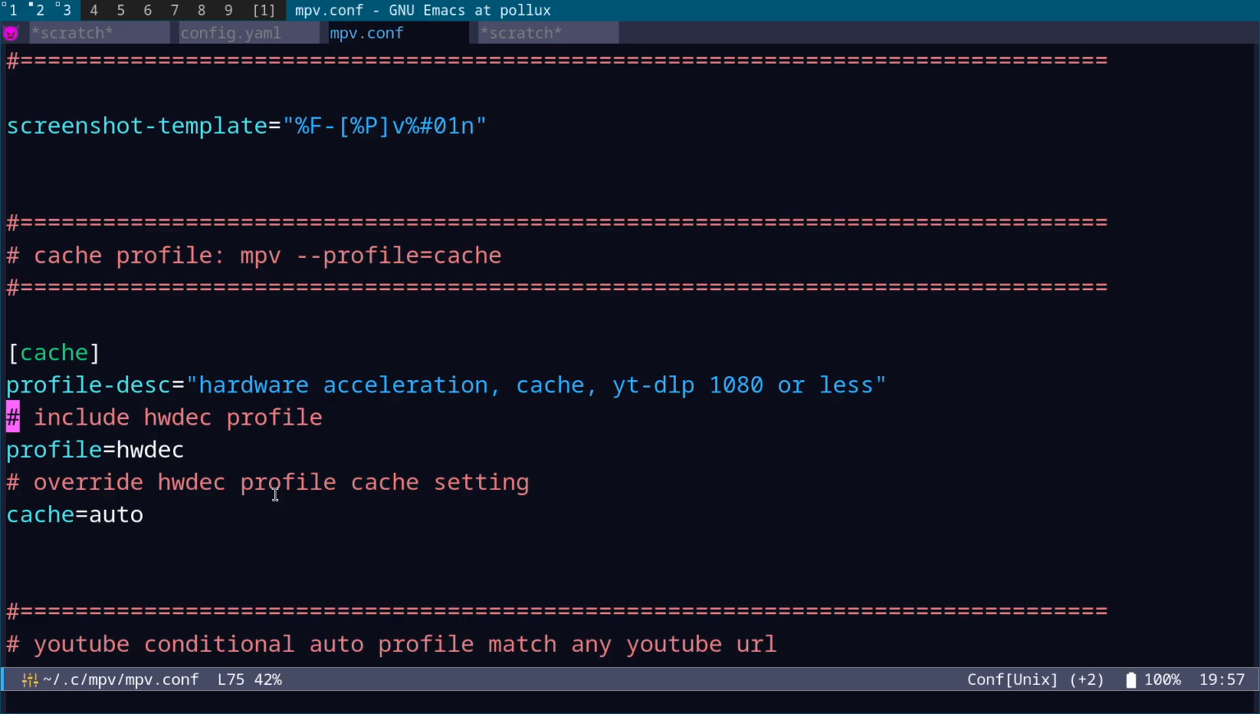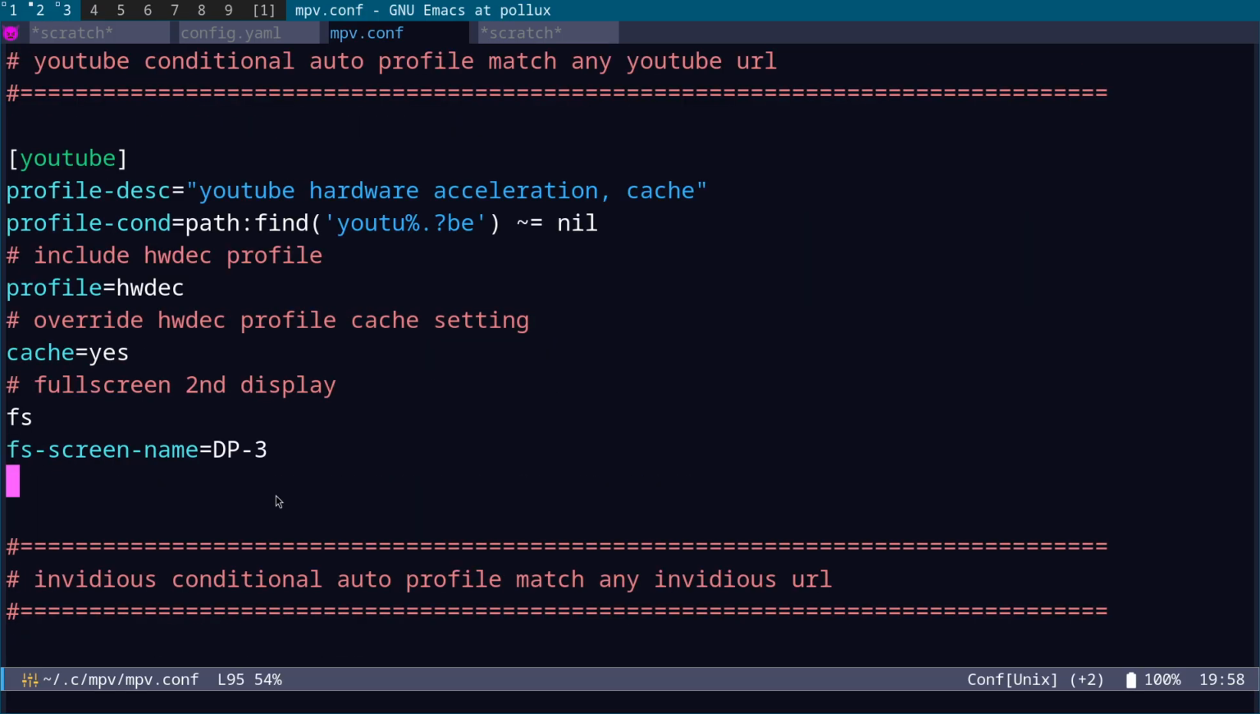So what you can actually do is, on the command line, you can specify mpv --profile= and then the name of a profile. But these are actually automatic. So what we've got here, for instance, is the automatic conditional profile to match any YouTube URLs. So you can see, in brackets, the YouTube profile description, and we have this profile-cond equals path find YouTube, okay, and